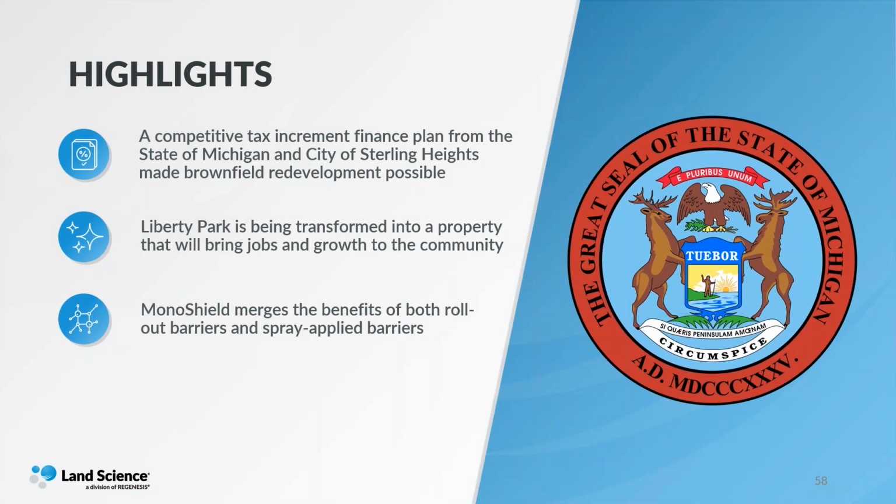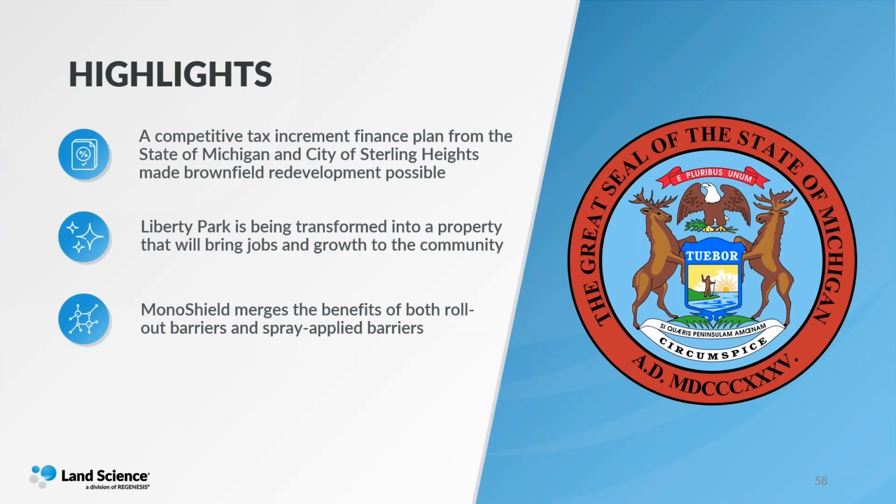So the highlights here: it's a competitive tax increment finance plan for the state of Michigan and the city of Sterling Heights. The state of Michigan and the city of Sterling Heights were actively involved in this brownfield redevelopment. They were right into the details of looking at information related to this MonoShield vapor barrier, and we were excited to gain the approval